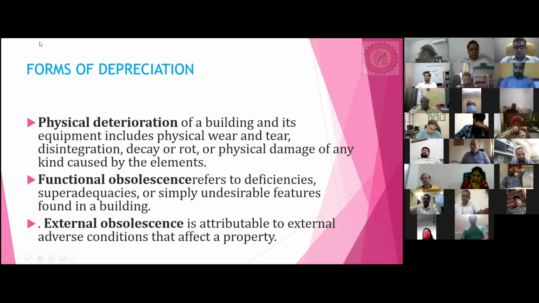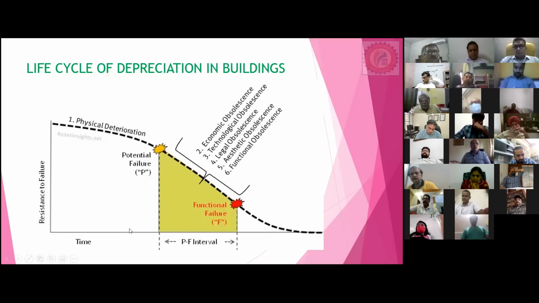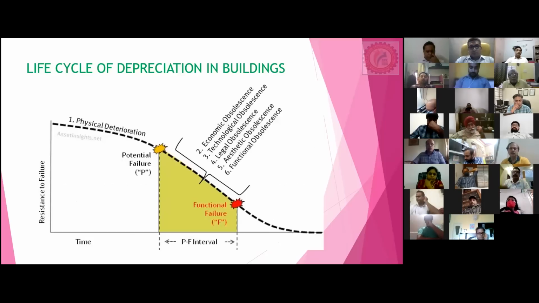But the problem is, somehow, if you try, we can very easily determine this physical deterioration. But how to determine this functional obsolescence and also the external obsolescence? Because as a valuer, we need to understand this. Now, before going for that, what is physical deterioration and what is obsolescence and how to determine them, it is very essential for all valuers to understand the life cycle of